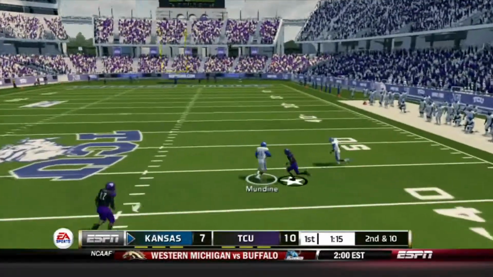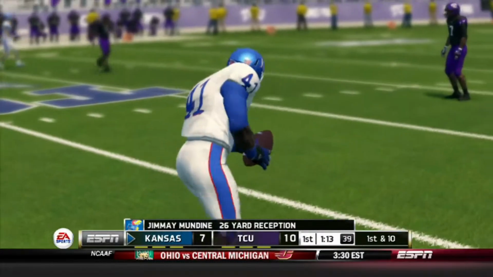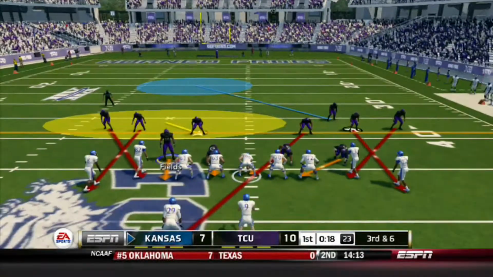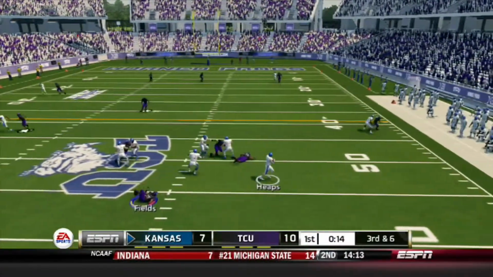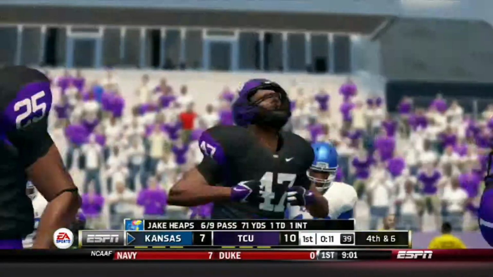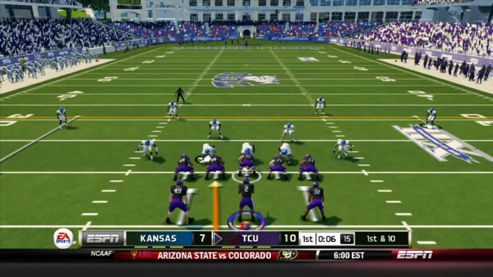And there's a huge wide open man, and that is Jimmy Mundine, the large tight end. He's a big guy, and we cannot let him get that open. 26 yards. But they're looking at 3rd and 6 now. Heaps back to pass. He's got all the time in the world. Rolls right, goes back across, swatted down by Dawson. That's going to force 4th down, and TCU gets the ball back,